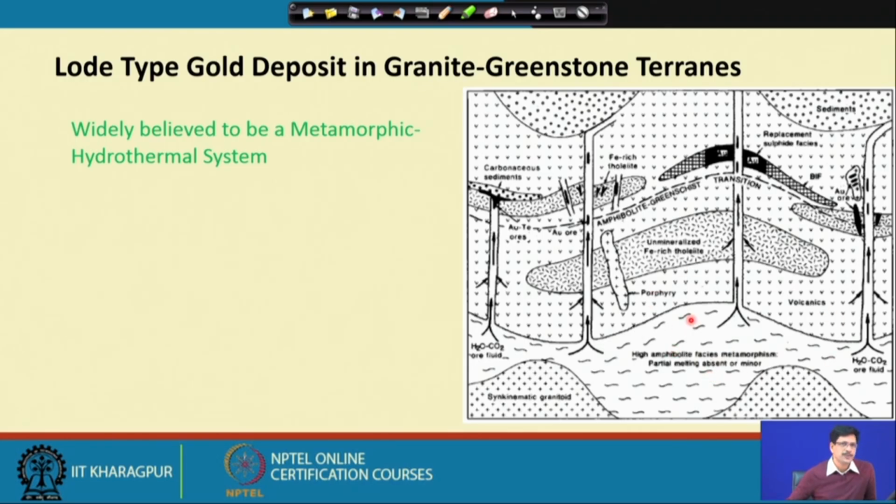But the model of course proposes that there is no litho unit which needs to have a higher concentration of gold, because the capability of this fluid